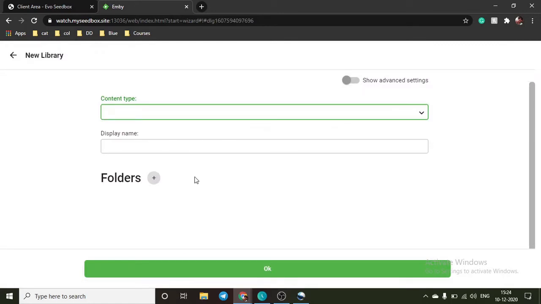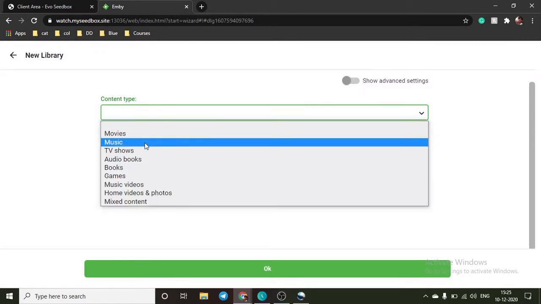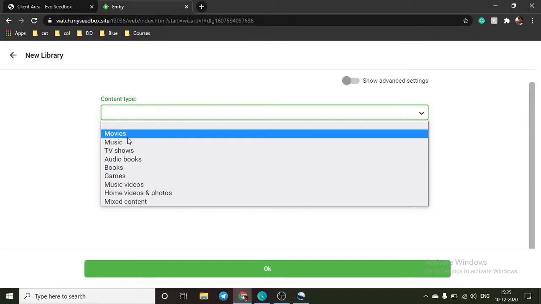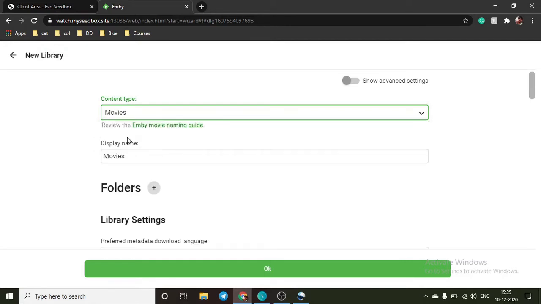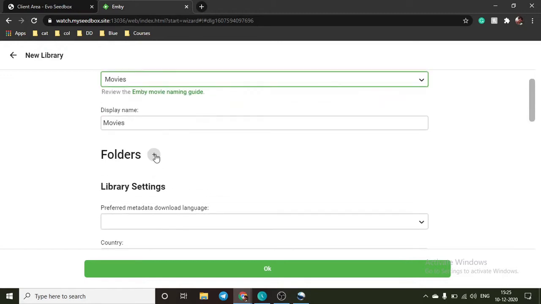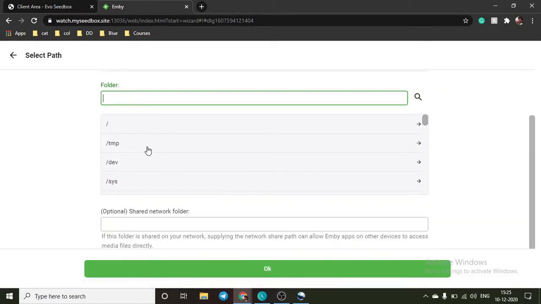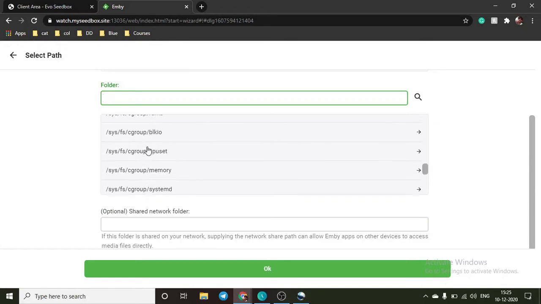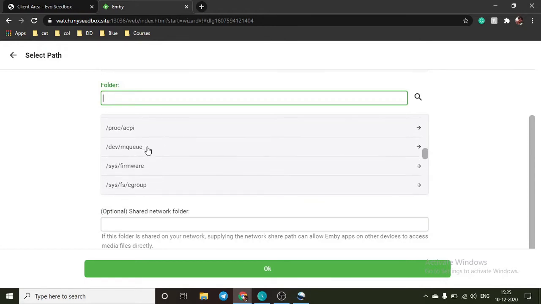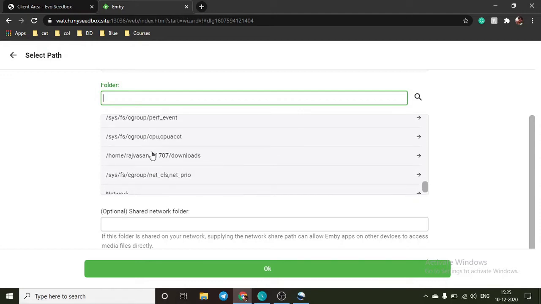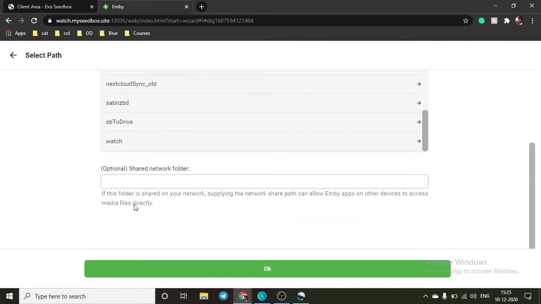So a pop-up window will appear, and for content type, you can select multiple content types, that is mixed content, if you have a single folder for all your movies and TV shows. But if you have different folders, you can differentiate them using movies. And inside movies, you can even rename your folder directly. Then you'll have to add the folder, basically select the path from your Seedbox in which you have downloaded your files, and our default path is basically inside downloads, inside the manual folder, with your Evo Seedbox, and just click on it and click on OK.